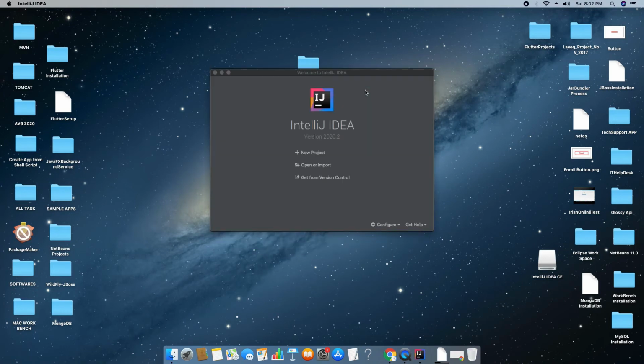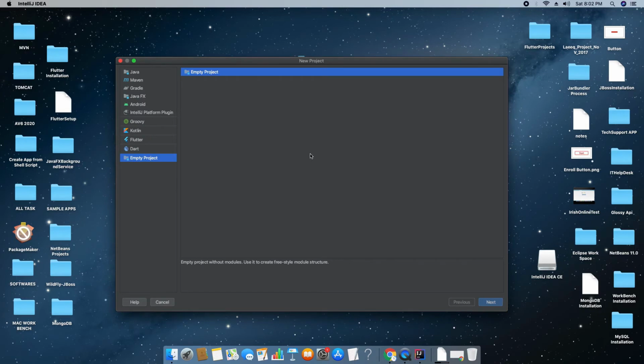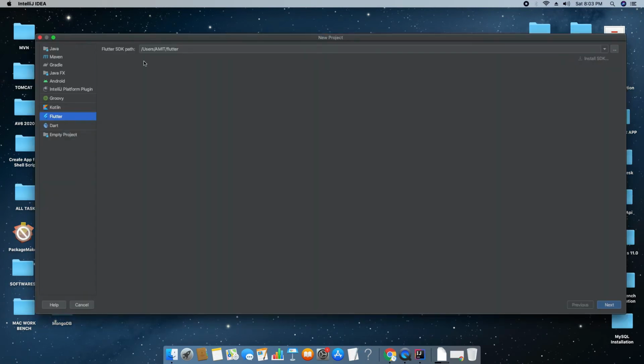Okay, now you will see the IntelliJ IDEA screen loaded. Now we will click on New Project to start creating the first Flutter application right here in this IDE. Before starting, we have to provide the Flutter SDK path.